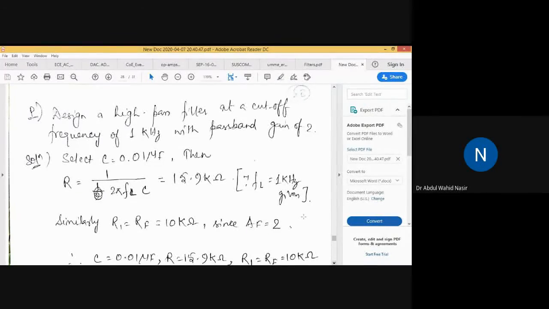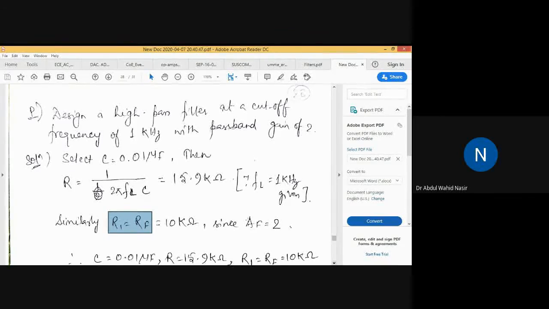Similarly, now we come to the gain of the high pass filter. The required gain is 2. The gain is 1 plus RF by R1. So AF is given as 2, and AF is equal to 1 plus RF by R1. We can write 2 is equal to 1 plus RF by R1, and from there we can derive that RF is equal to R1. This relation holds, R1 equal to RF, only if we have a gain of AF equal to 2. This relation will change depending on the gain AF of the filter.